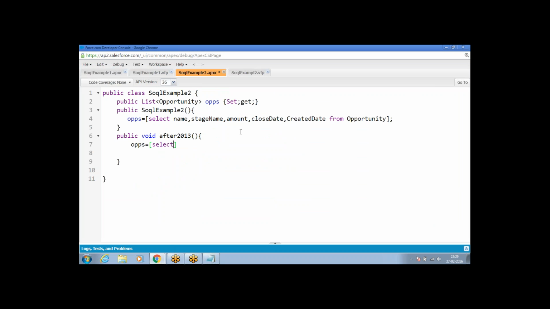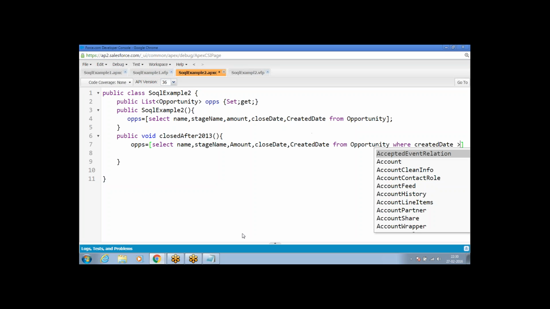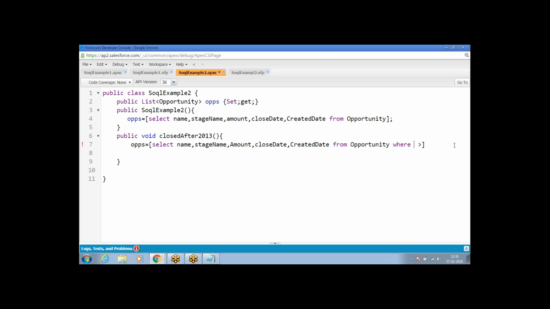Select name, stage name, amount, close date, created date from opportunity where created date is closed after, right? So I have to say close date is